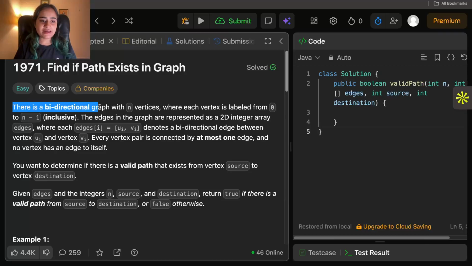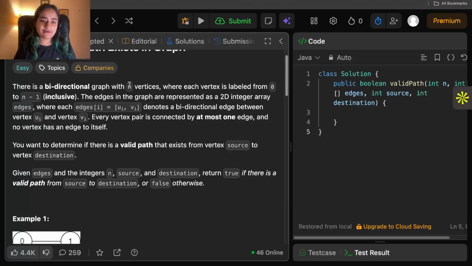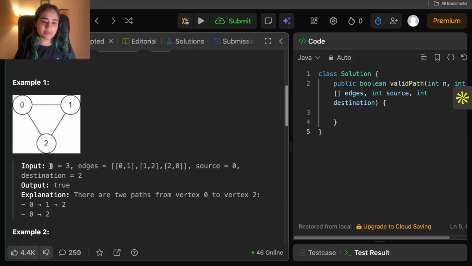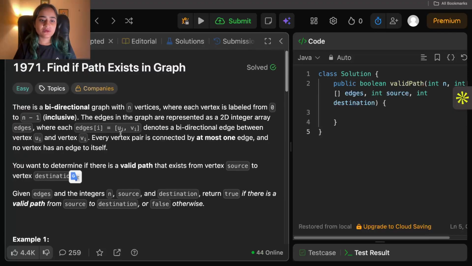It says there is a bidirectional graph with n vertices. So that means you have n vertices. If you look at this example, let's say n is 3, so you have 3 vertices or 3 nodes, right? Bidirectional is just a confusing term. You don't have to go on bidirectional.